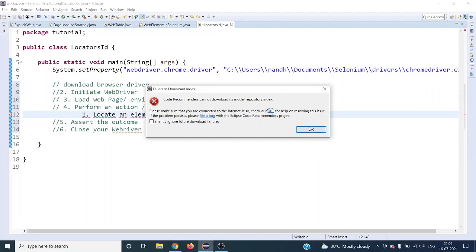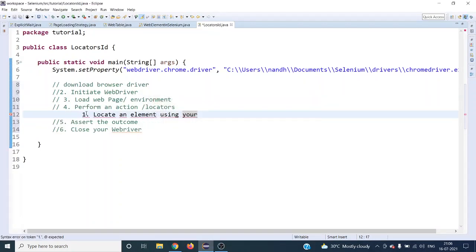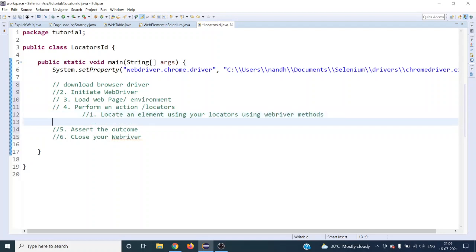Sorry guys, some problem. First step will be we have to locate an element using the locators which Selenium provides using WebDriver methods.